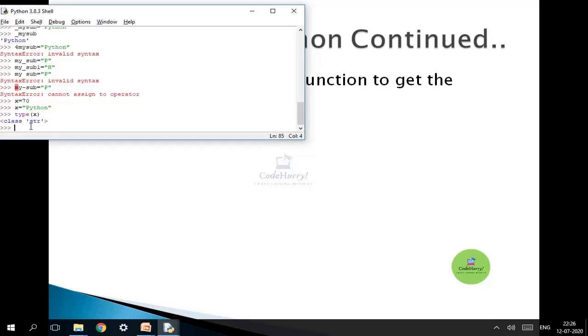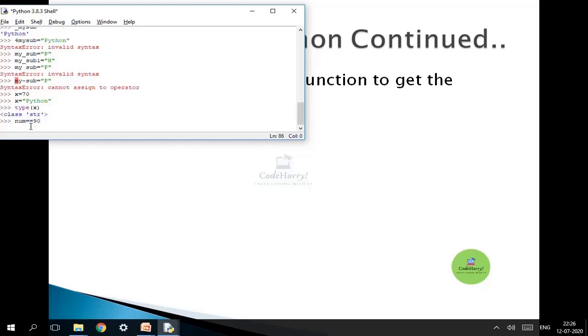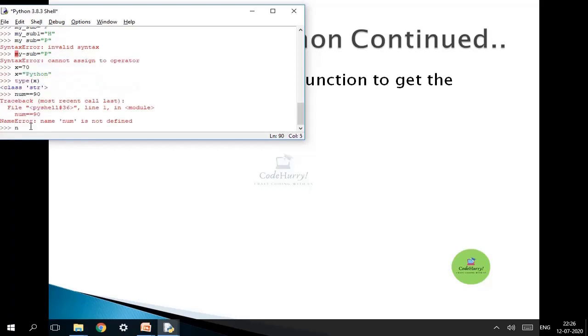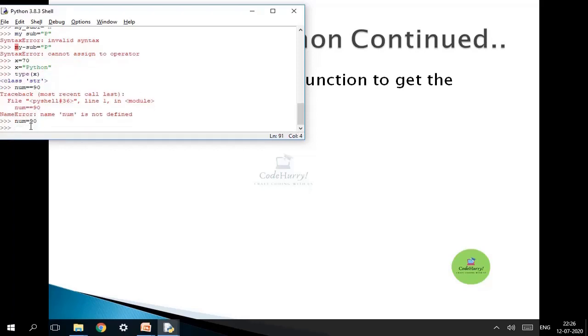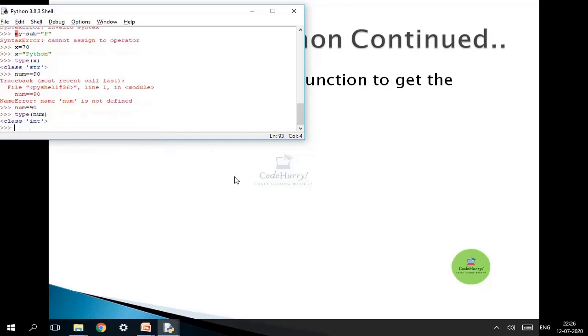Suppose I have num is equal to 90, and now I'm trying to get the data type of num. It shows that it is an integer. So in this way we can get the data type of any variable using the type method.